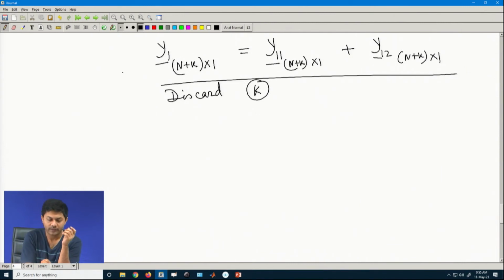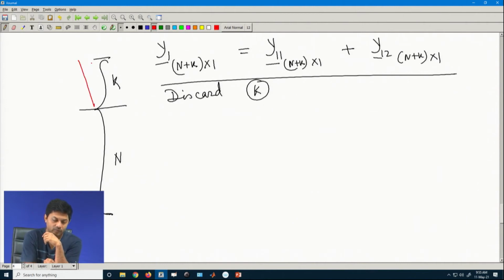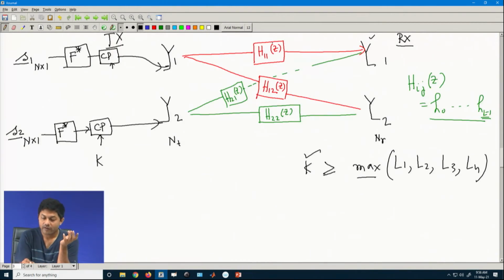If you have y1, let us say this is my k and this is my n, the total n plus k data, you discard this part, just the way we have done it in OFDM also, and take the last n data. So, what will be the effective data then? It is as if it is a summation, the first summation and then a second summation.